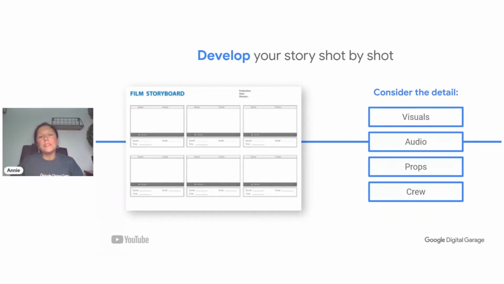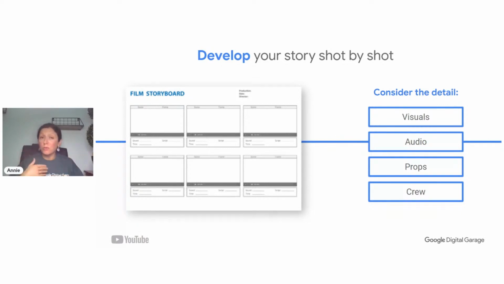The important thing here is to think about your visuals, your cues, your prompts, what you need to make it a success on each of those different parts. So for each shot, you need to think, as you remember, the hook, the engagement, and the call to action. In each shot, think: how am I going to hook them in for this particular bit? What are we going to engage them with? And how are we going to close with that call to action? Then think, what will be seen in the background? Do we need any particular props to be shown? We always at the Google Garage have a plant, because we love plants. So that's part of our brand.